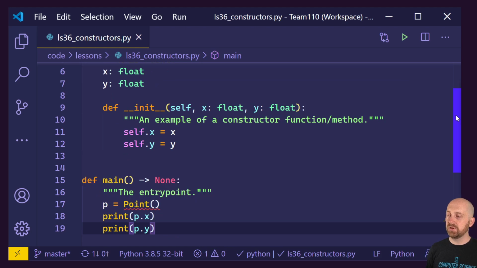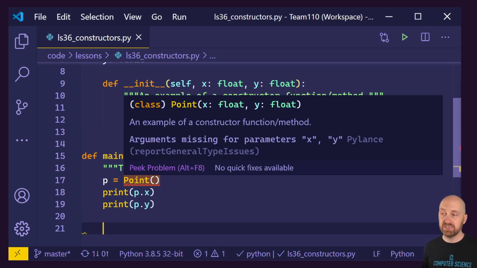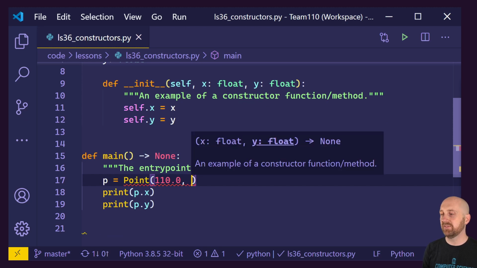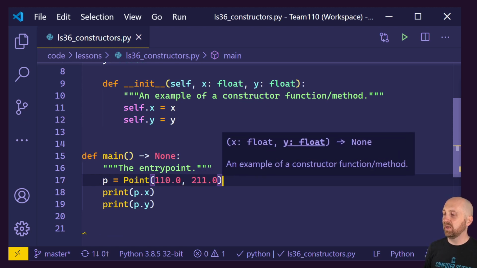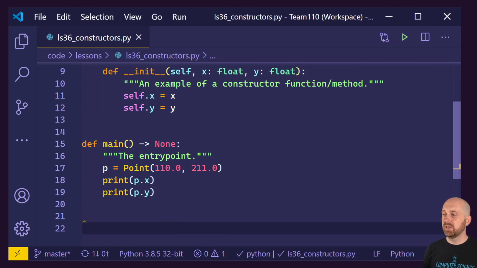Right? And you're probably wondering, well, hey Chris, aren't you forgetting those arguments? And sure enough, VS Code is even telling me I've forgotten those arguments, right? We're missing those arguments x and y. So let's go ahead and set those up, and I'll do, for the sake of carrying forward this example, the two courses I'm teaching this semester, 110 and 211. Here at UNC, and then we'll go ahead and add our idiom if __name__ is equal to __main__,